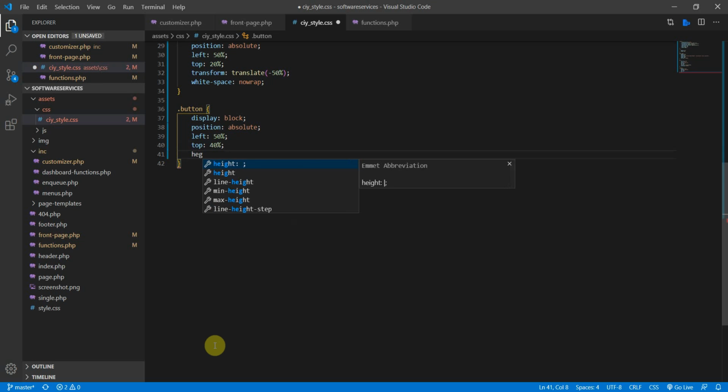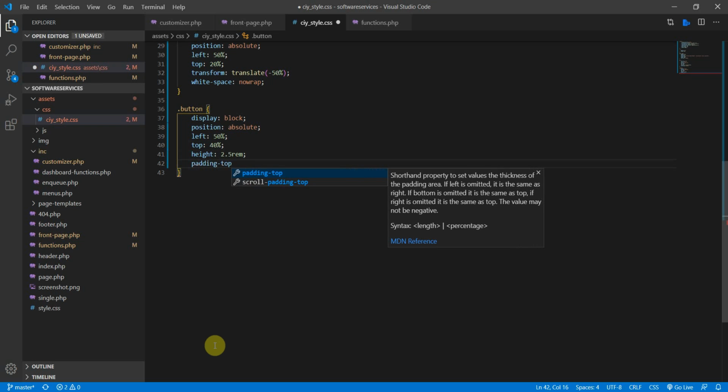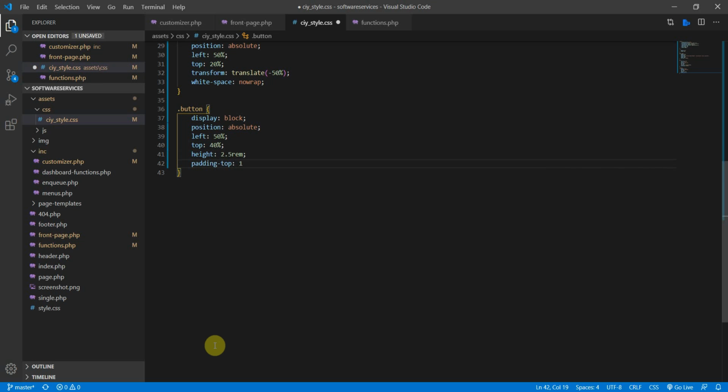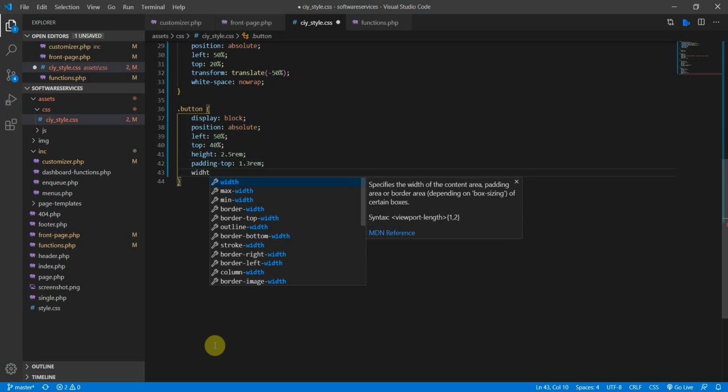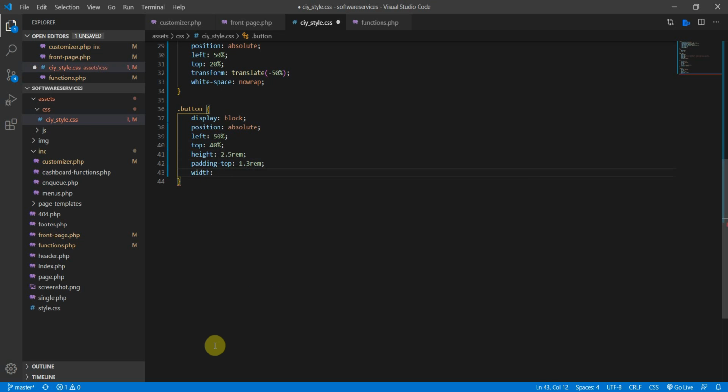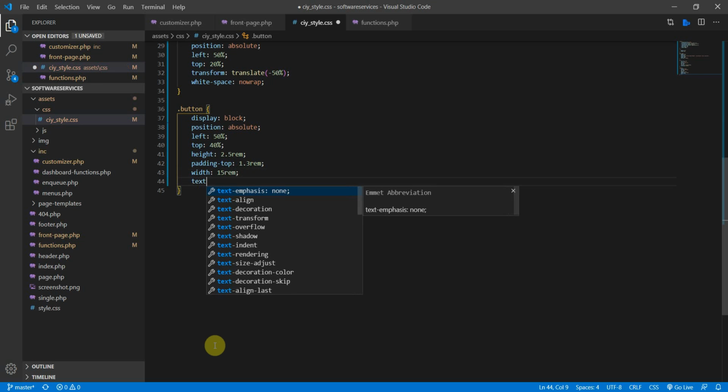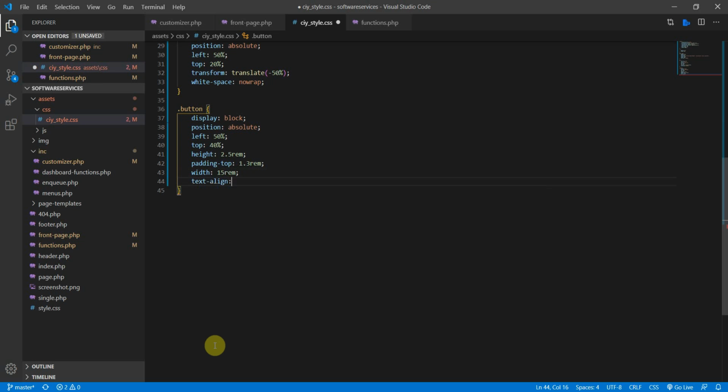The height of this one is 2.5 rem. And then padding top, need 1.3 rem. The width be 15 rem. Then text align, text align center, and then the color on the text there is going to be white, and